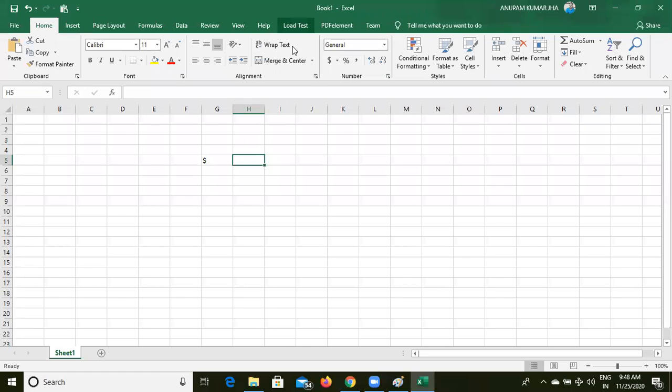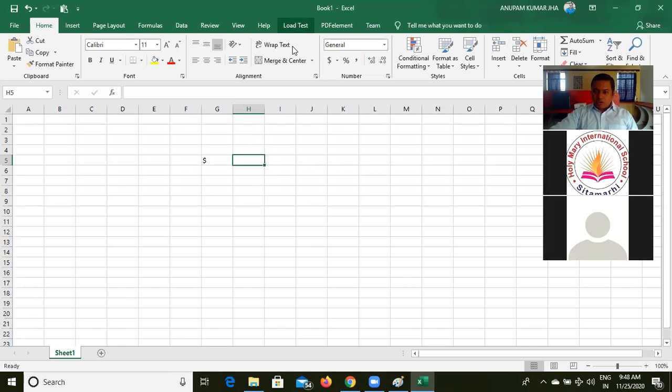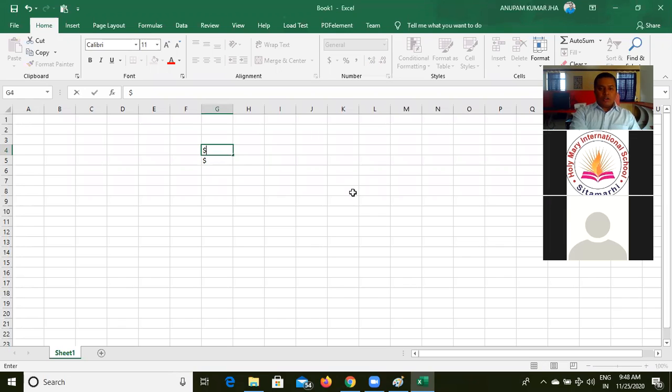Suppose I selected G4, so I am giving dollar G dollar 4. This is absolute, which means when you copy this cell and paste it below, this cell address is constant, fixed. It is not going to change.